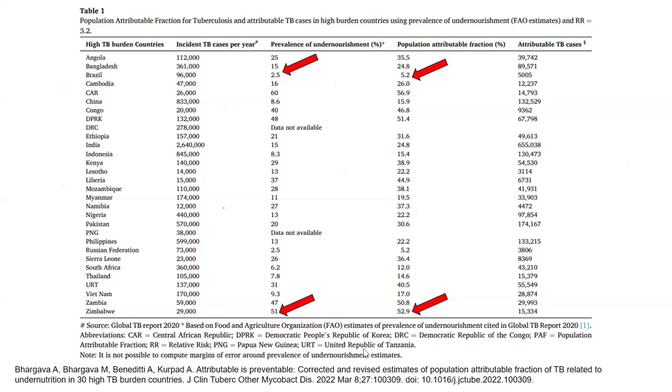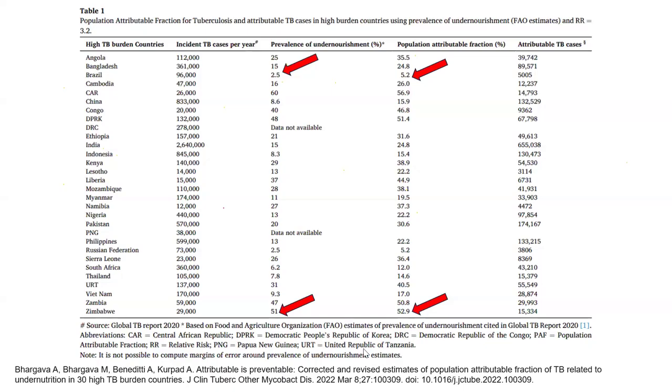Relative risk of 3.2 means, quickly, the risk is increased 3.2 times in those who are undernourished, for TB. So the risk of TB is 3.2 times more in those who are undernourished compared to those who are not undernourished. So they have taken a relative risk of 3.2 at the global level. Then they used the formulas which I gave you earlier